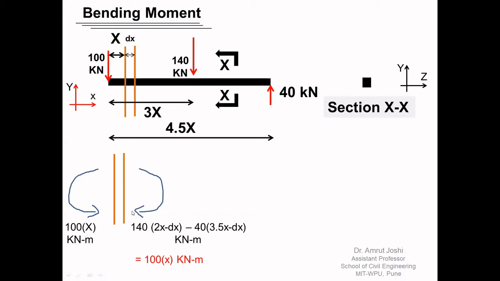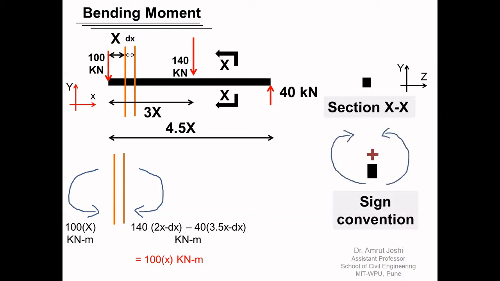Again, we have to understand bending moment is not an isolated single moment. It is a pair of equal and opposite moments. And these moments lie in a plane perpendicular to the plane of cross section. What could be its sign convention? So typically for a horizontal member, we take the sign convention this way. If the algebraic sum of moments of all the forces on left hand side turns out to be clockwise, or the algebraic sum of moments of all the forces on right hand side turns out to be anti-clockwise, this pair together we are going to call a positive bending moment.